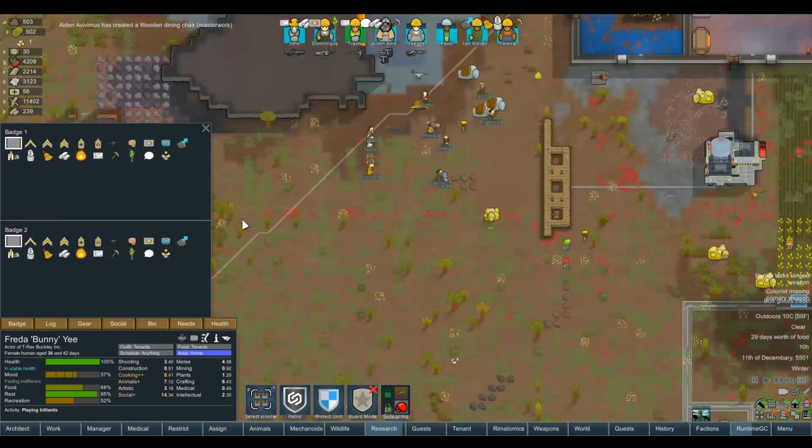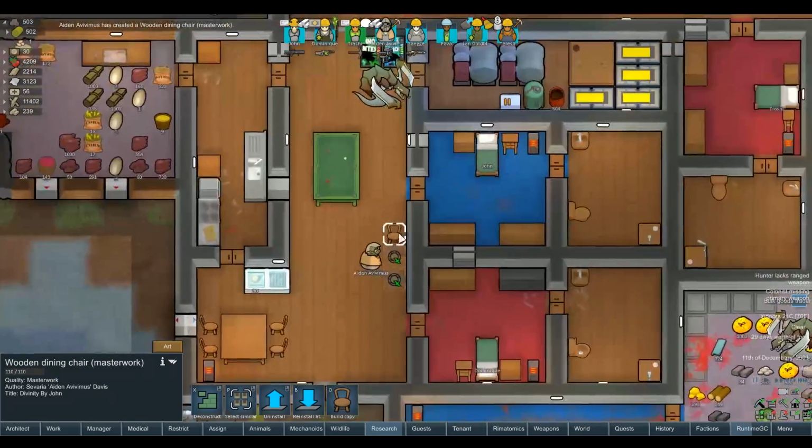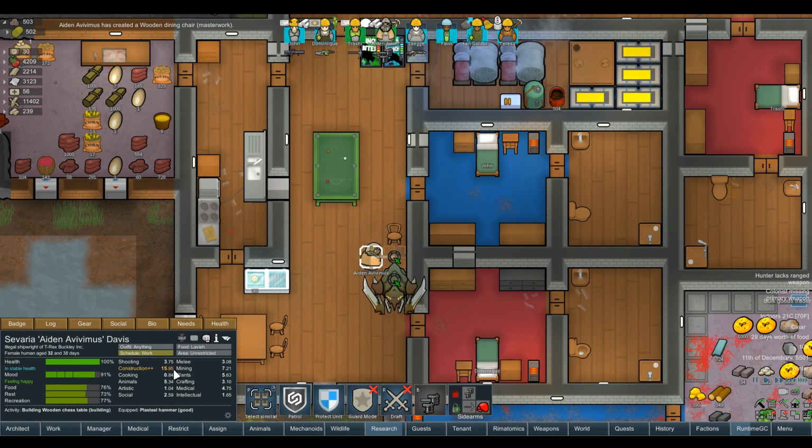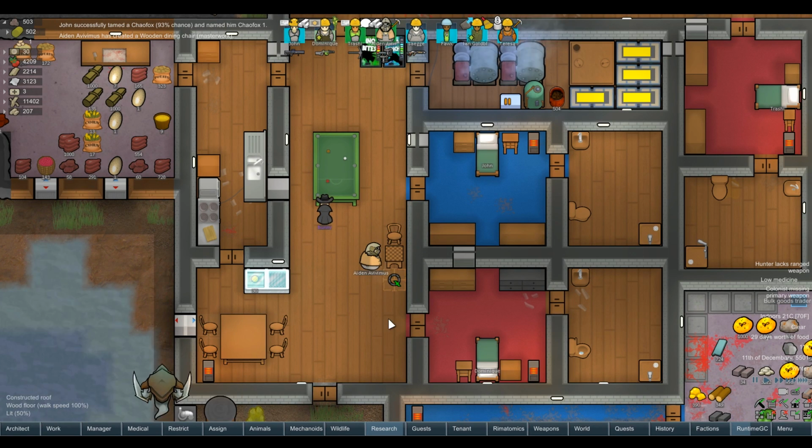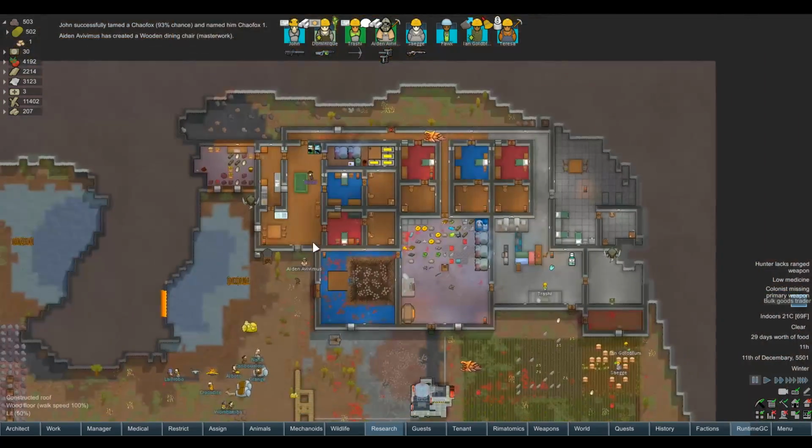Obviously, when we open the hotel, that would be different. But did he make a wooden chair masterwork for the chess table? This guy's construction has absolutely gone through the roof recently. My god, he's actually our best builder then, if he's the one doing all the quality building. That's good, because it means that it's a job